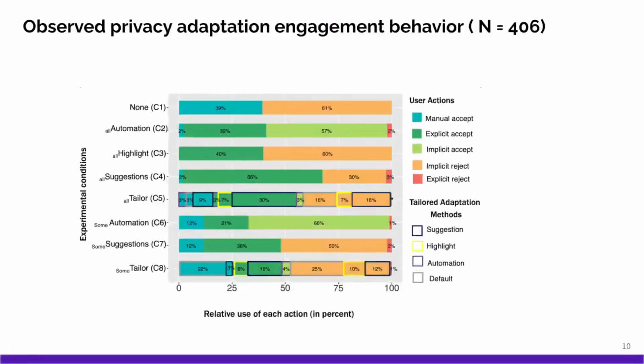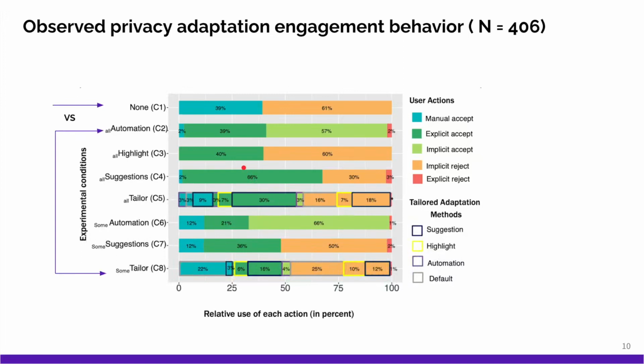In the experiment, we basically recorded the interactions of the users with the different privacy adaptations that they encountered, and subsequently, once they were done making their decisions, we also asked them about the helpfulness of the privacy adaptations depending on their conditions. Now, what we observed, or what we found, was that